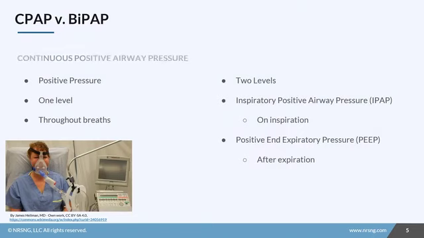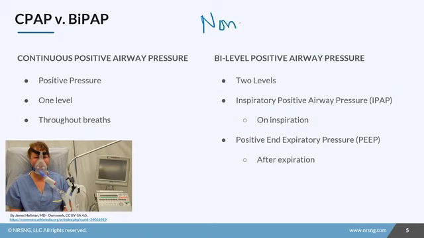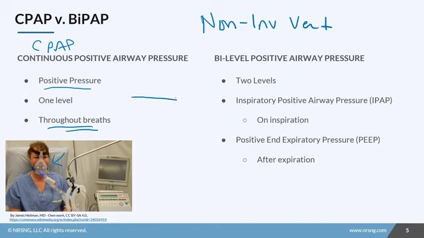So let's talk about the difference between CPAP and BiPAP. Both of these are forms of non-invasive ventilation, and it's done through a mask like this one that you see in the picture. So CPAP stands for continuous positive airway pressure, and essentially it's giving them positive pressure throughout their entire breath, all at the same level. So the pressure waveform looks like this. The reason we do this is it helps to keep the alveoli open and it decreases work of breathing. So it makes it just a little bit easier, gives them a little bit of support,